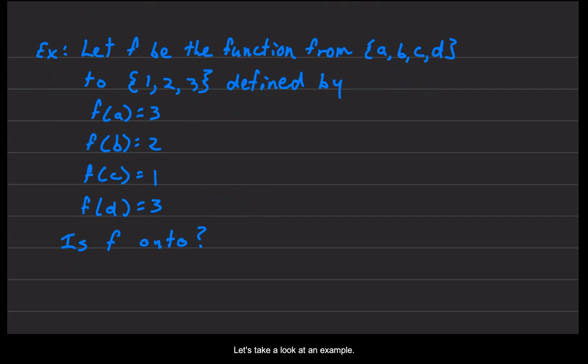Let's take a look at an example. Let f be the function from {a, b, c, d} to {1, 2, 3}, defined by f of a equals 3, f of b equals 2, f of c equals 1, f of d equals 3. Is f onto? And the answer will be yes,